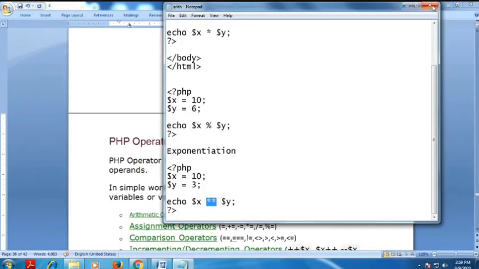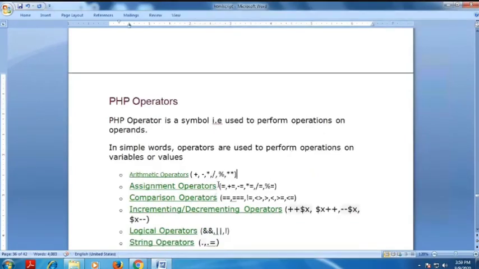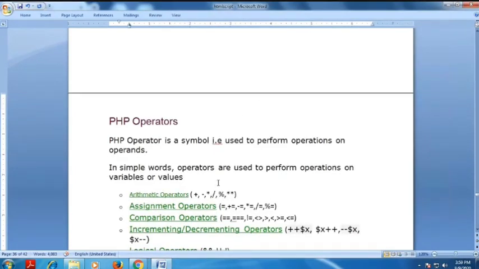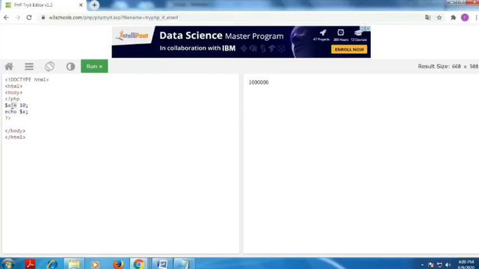Okay. Next, I go to the assignment operator. You have to assign values. In between, you mention the operator. You assign the value to the variable. That is the use of the assignment operator. A equal to B means the B value will be stored in A. That is the meaning of the equal sign. Then plus equal to, minus equal to, asterisk equal to, division and modulo equal. These are assignment operators. You have to assign values to the variable. See the example. Equal sign: I assign the x value equal to 10.